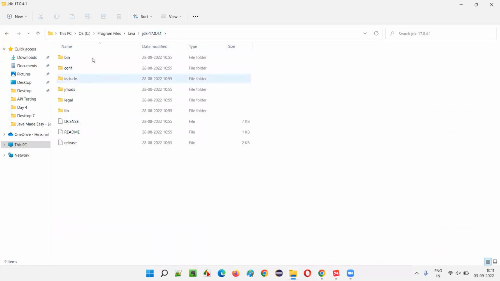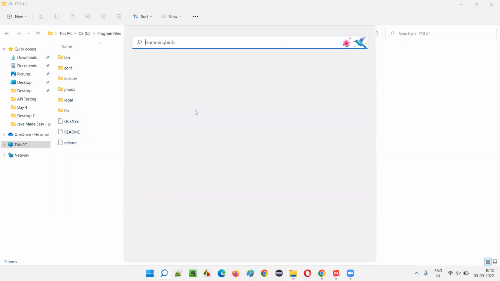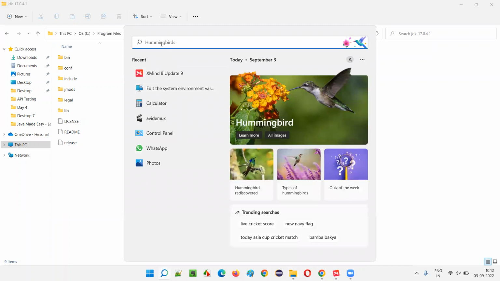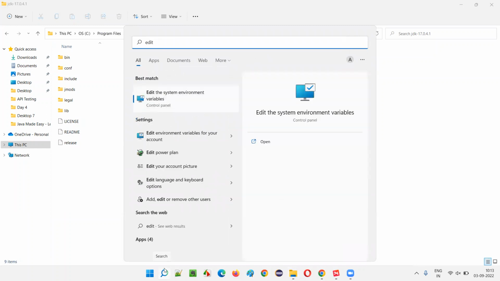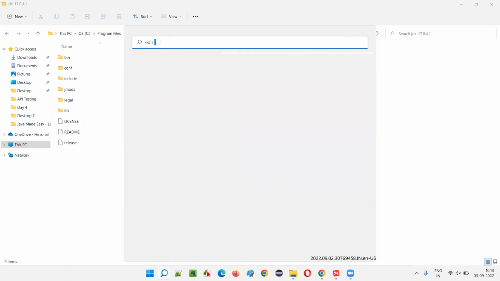Once you install Java and this Java folder is created automatically under Program Files, we need to provide this path. This is the Java home path. We have to configure Java on our machine. How do we do that? With this folder open, just click on the search button. We generally have to go to the control panel and find this option, but if you are using Windows 10 or Windows 11, the easiest way is to type edit